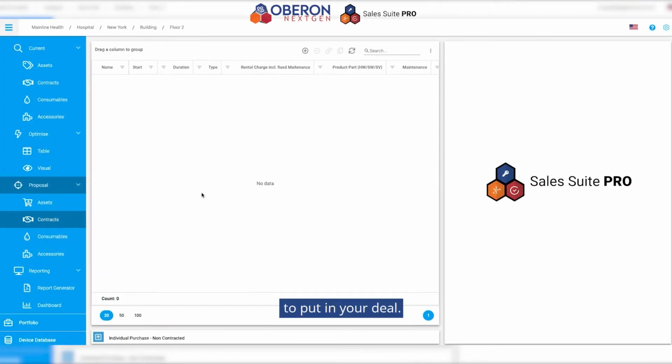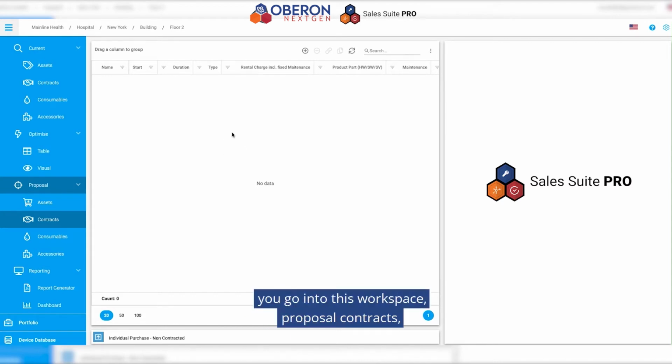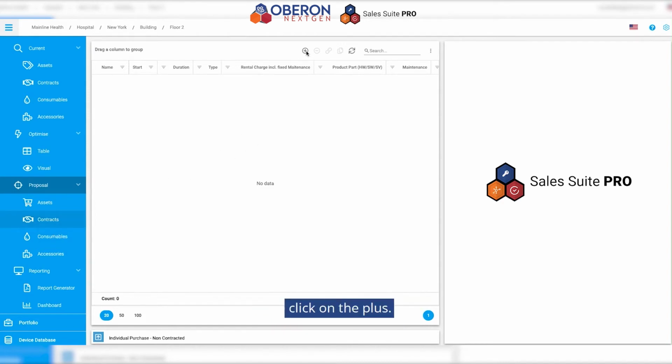The contract section is where you're going to put in your deal. So you've collected your current state, you've optimized your design, and now it's time to put together what your proposal is going to look like contractually. Very similar to current state contracts, you go into this workspace, proposal contracts, click on the plus, and